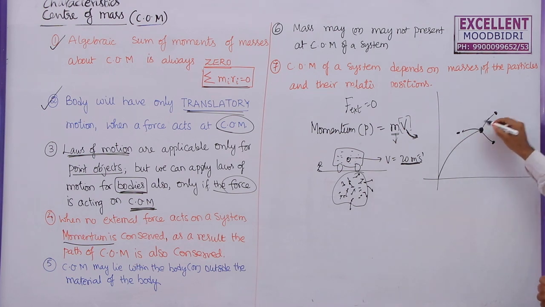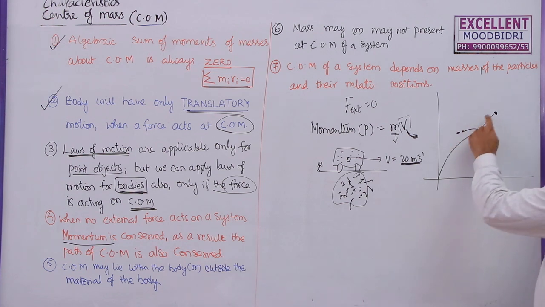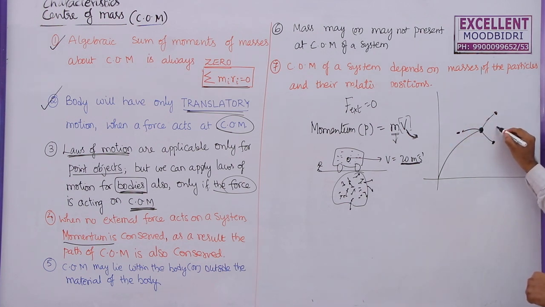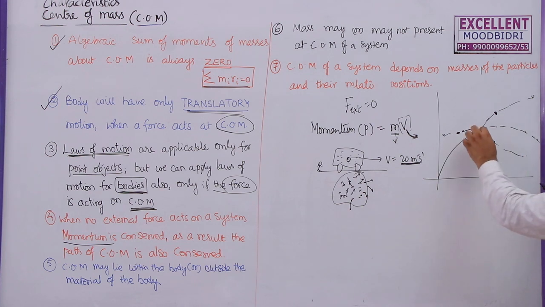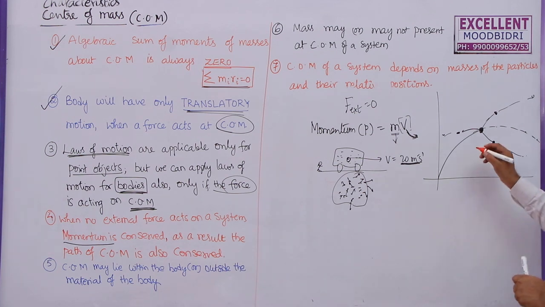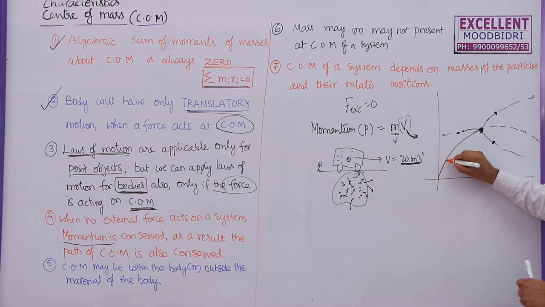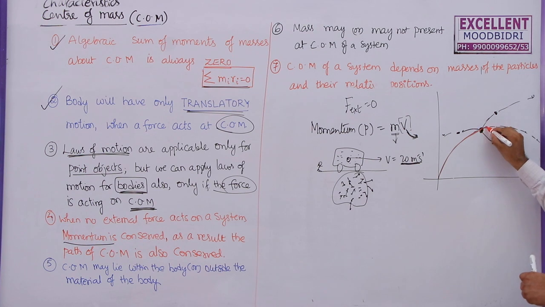So what is the center of mass of these three? It depends upon the masses. Let us say the center of mass is here. As the parts move in these directions, the center of mass of these particles will be here. That means it will move in the same parabolic trajectory. If the bomb had not exploded here, it would have traveled along this path. That means the center of mass of the system of particles never changes. So this is the path along which the bomb is moving before explosion. If it had not exploded here, it would have traveled along this path.